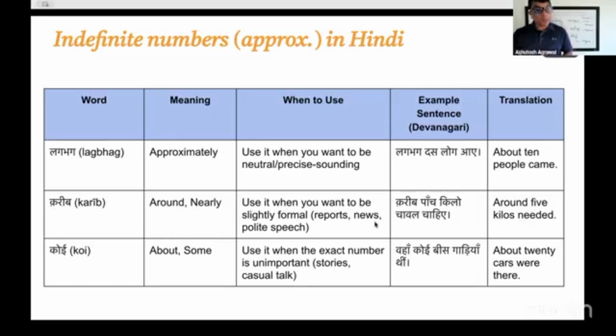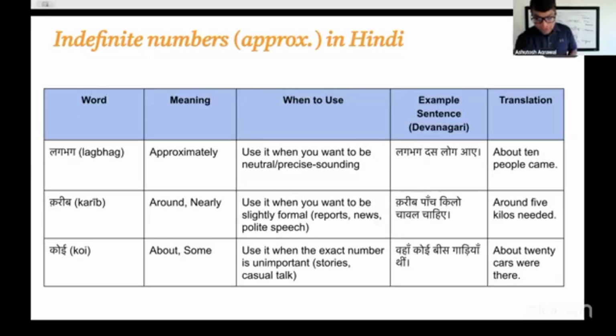Koi means about or some. You use it when it's not important to talk about the exact number, when you want to casually mention that about 20 cars were there, or about 20 people came. The distinction will become clearer as we do more examples.